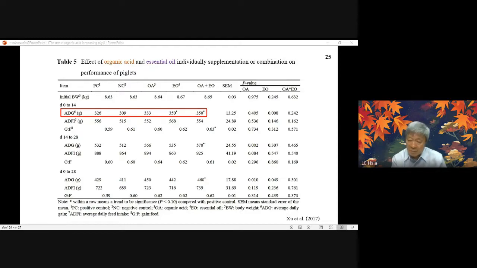But the most important thing is if you have phosphoric acid, an inorganic acid, you can stimulate pepsinogen secretion, more pepsinogen. And you can also increase the pepsin activity. They break down more protein and become more amino acids and peptides.